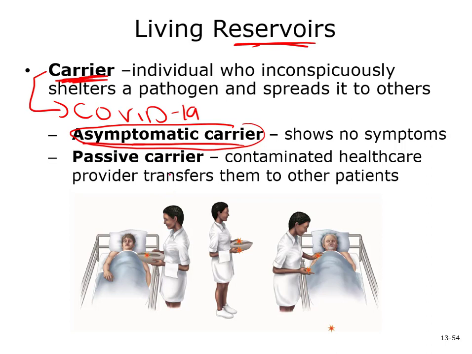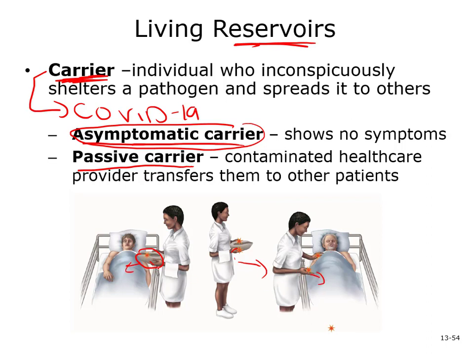In the healthcare field, you guys will have to worry about becoming what's called a passive carrier. This is particularly abundant in nursing homes or hospitals. So how this works is, for example, this nurse is in one patient's room, and I think this is a bedpan, so she's touching the bedpan without gloves, and then she didn't wash her hands. The pathogen is now on her hands, and now she goes into another patient's room and touches them. So she herself has not been infected, but she's now transmitting the pathogen from one patient to another.